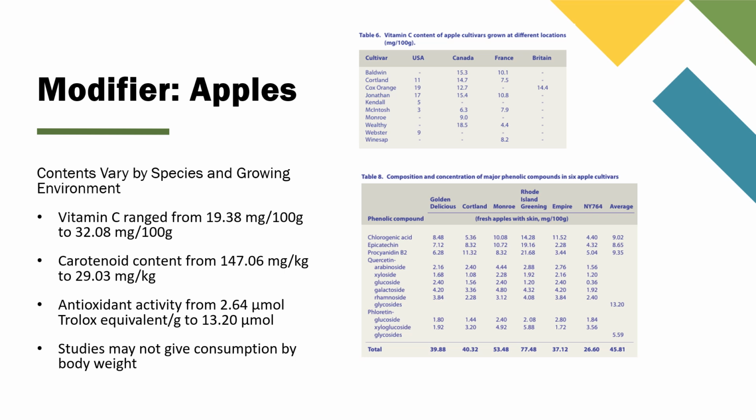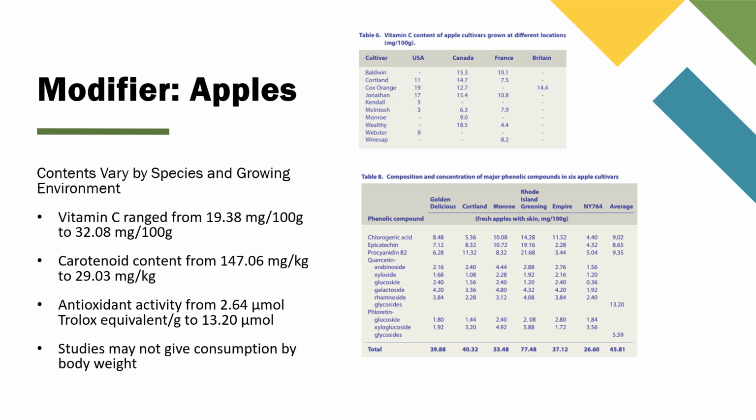Studies are often not given by consumption by body weight. For example, they eat 8 apples a day. Okay, that's nice. What's the weight of the apple? What's the weight of the participant? Is this an 85-pound person or a 250-pound obese person? Again, all that information is really needed if we want to be precise, and because we don't have it, we end up dealing with